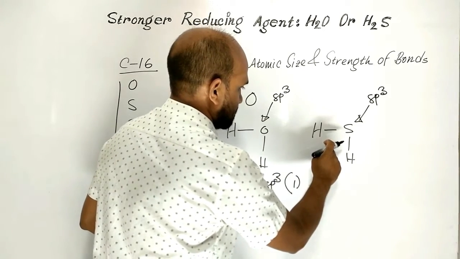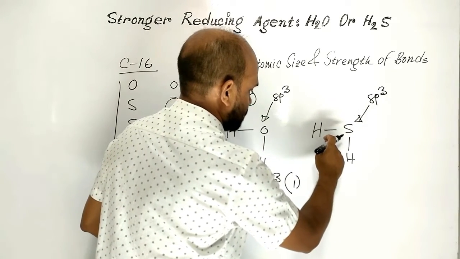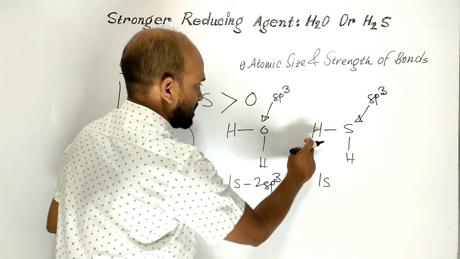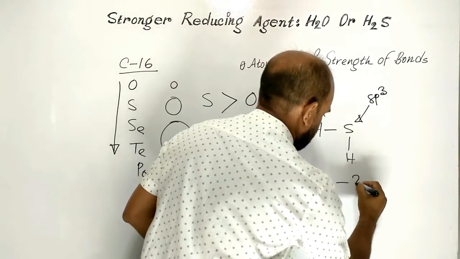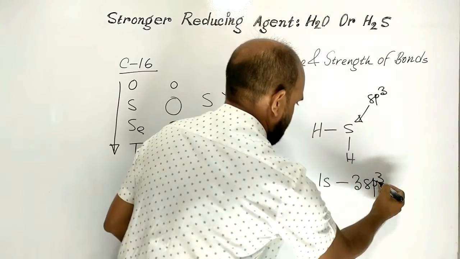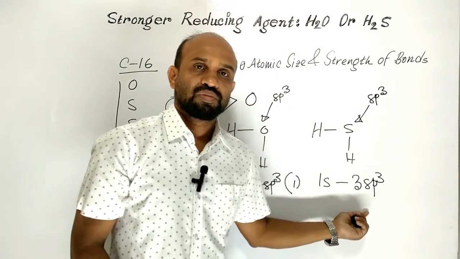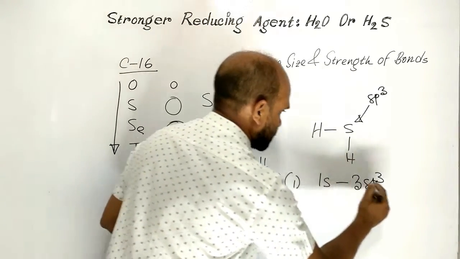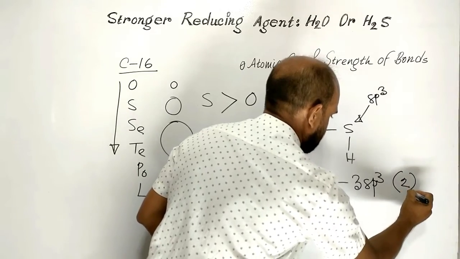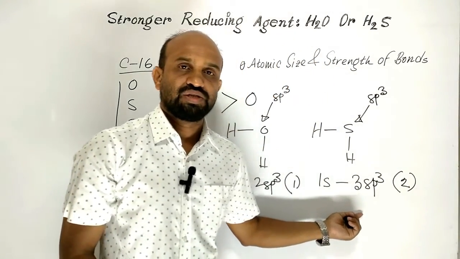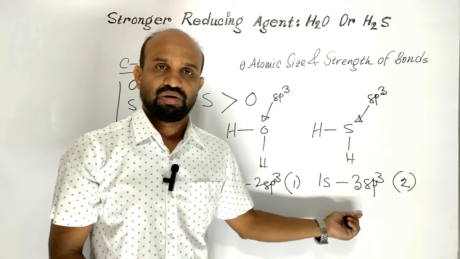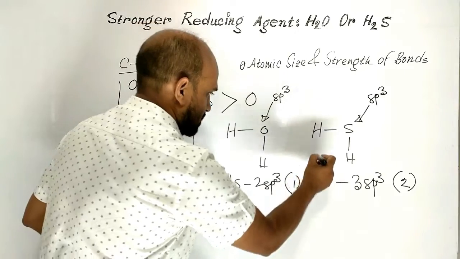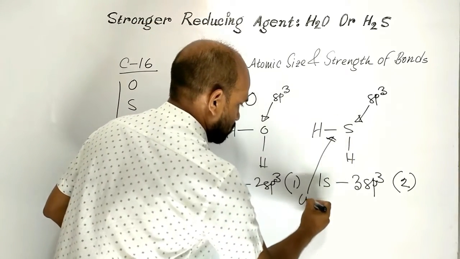But in this case, hydrogen sulfur bond is formed by the overlap of 1s orbital of hydrogen and 3sp3 hybrid orbital of sulfur. So here, difference between principal quantum numbers is 2. The more the difference in principal quantum number, the bond will be weaker. So this bond is weaker